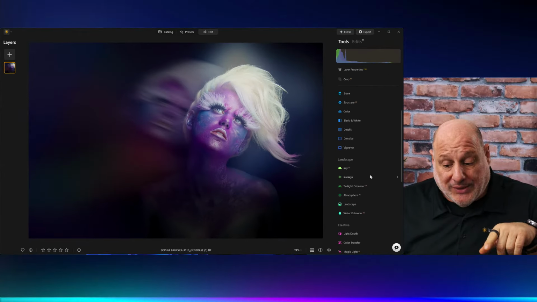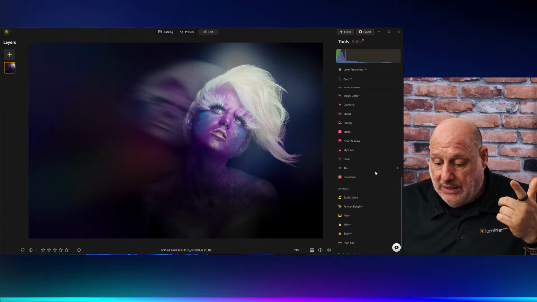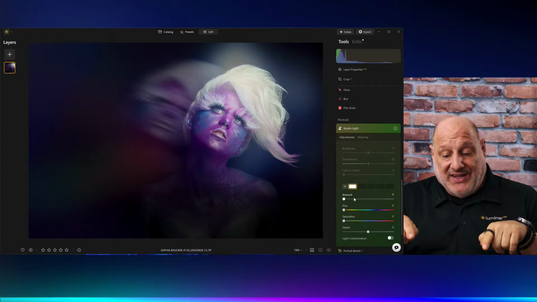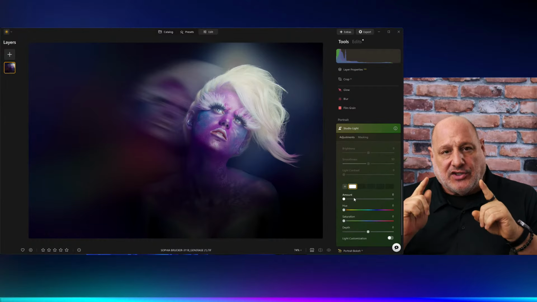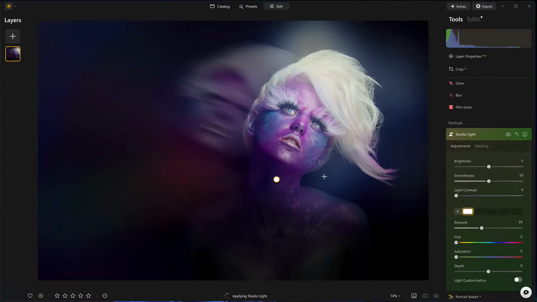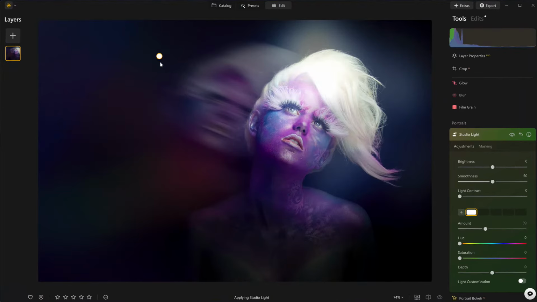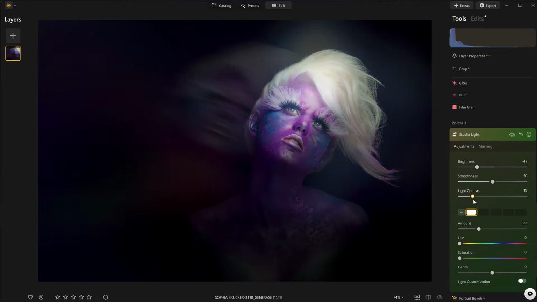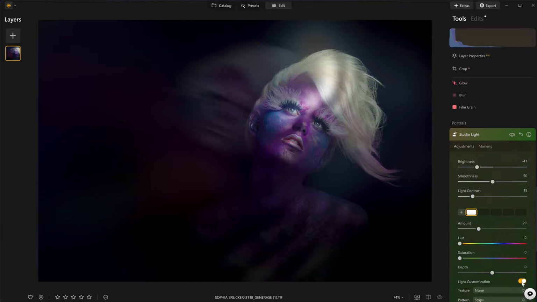Now, with portraits, let's get a little more creative. And I'm going to come down here to Studio Lights. After I did this inside Luminar Neo, I wish I did this in the studio. Watch this. I'm going to add just an arbitrary amount of light right about here. Let's bring it right over, right about there. I'm going to dial the brightness back just a little bit, the amount. But what we're going to do is we're going to control the light in the scene. But here's what I wish I did in the studio. I wish I used a gobo, a go-between. Look how it's giving me that nice